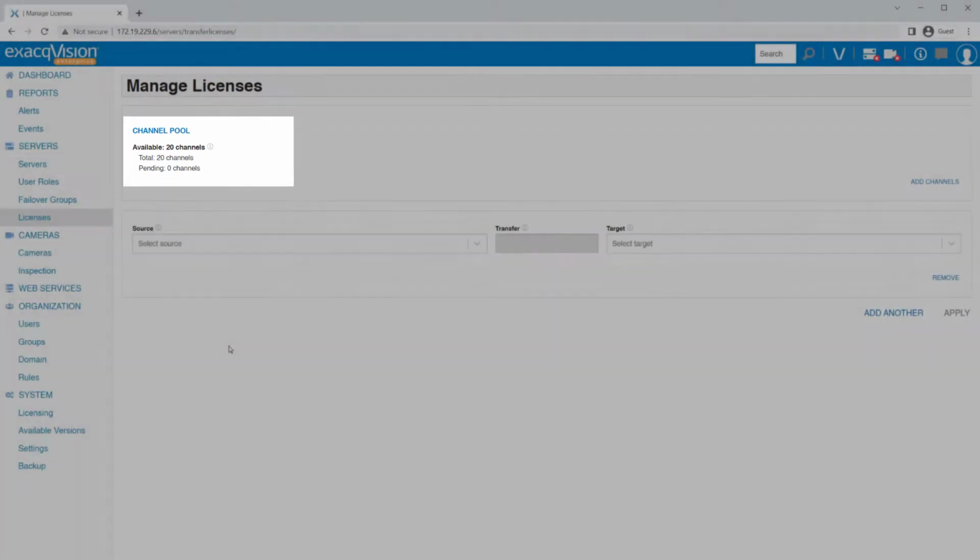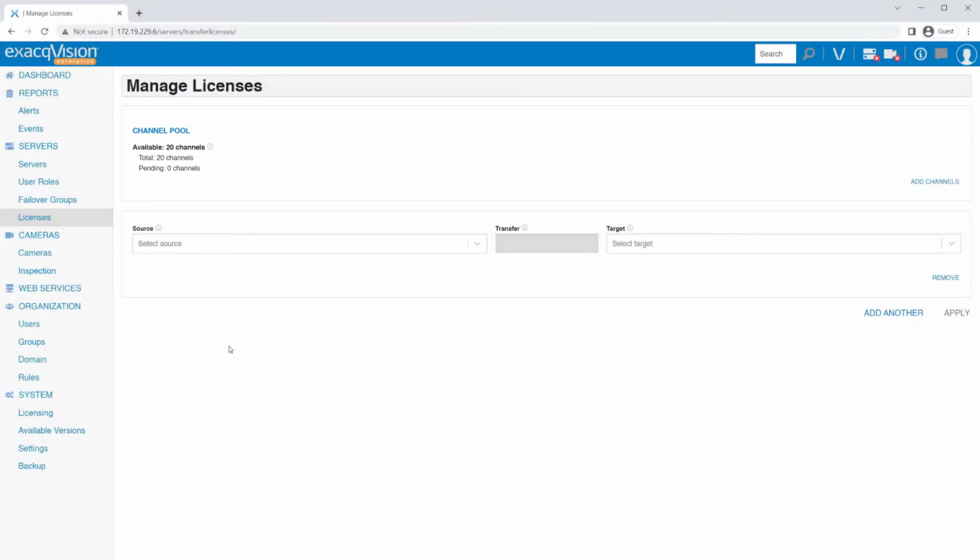You are now empowered to allot channels from your pool to your servers at any time, or move channels from one system to another. Next, we'll take a deeper look at what is required for those actions. If you have no available channels on your systems or need to quickly add a camera to a system with no available channels, you might decide to allot a channel from your pool in Enterprise Manager.